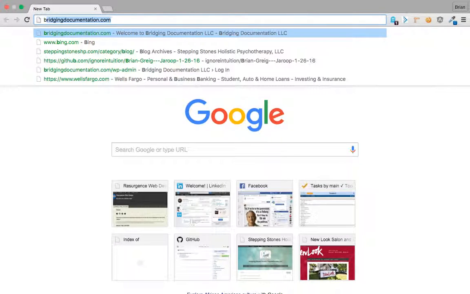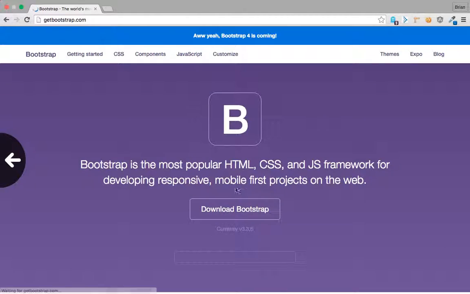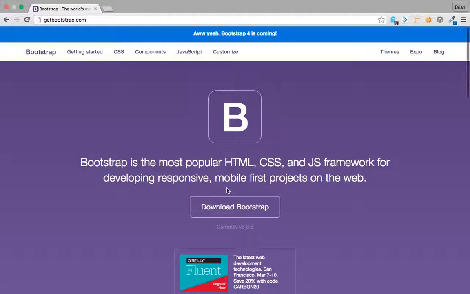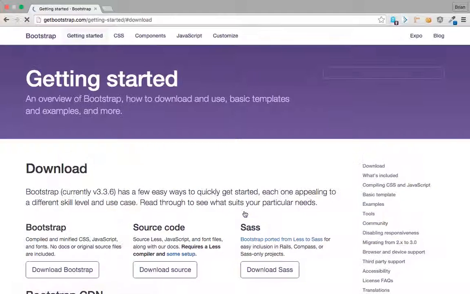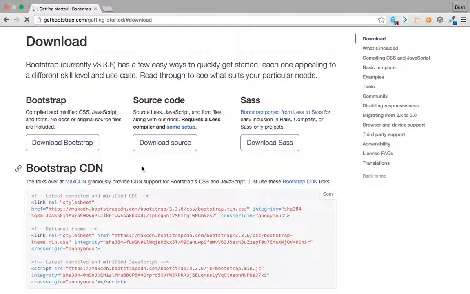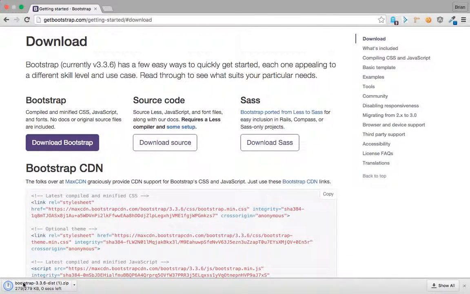So Matthew, what we're going to do is look at a template called Bootstrap. What's Bootstrap? Bootstrap is an HTML, CSS, and JavaScript framework for building websites. Oh. All right, so we are going to download Bootstrap. We are going to click on the big download button over here, and it has saved it into